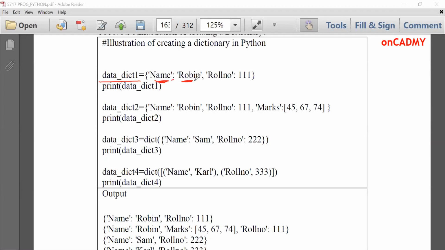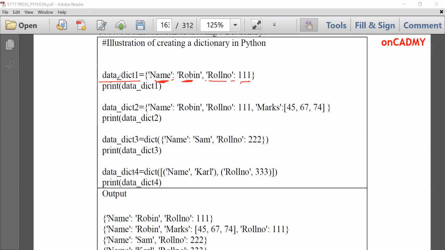Since Robin is a string, we are giving value in single quotes, then comma. There is another key, roll number. Key value is given in single quotes. You have to remember this. Roll number, colon, and value is 111.